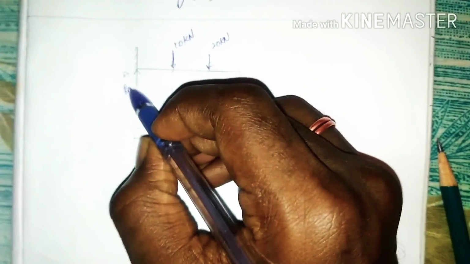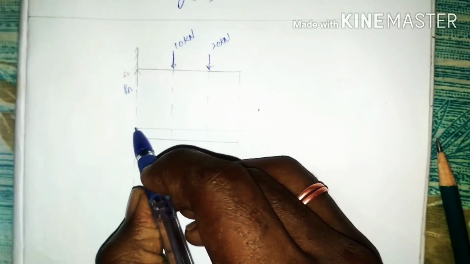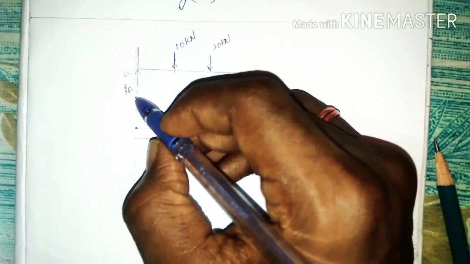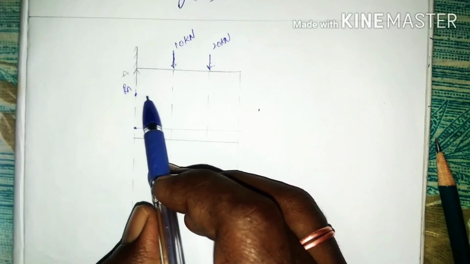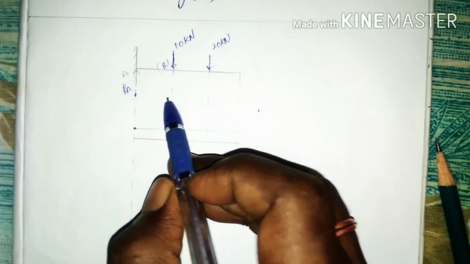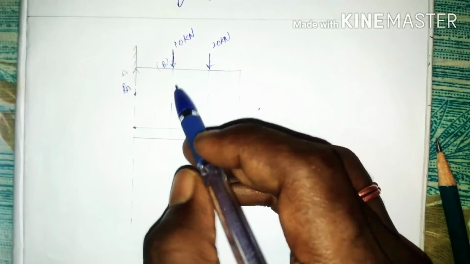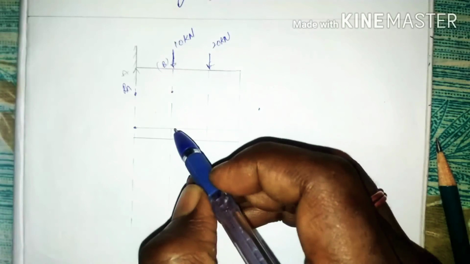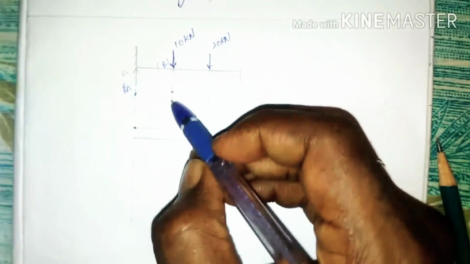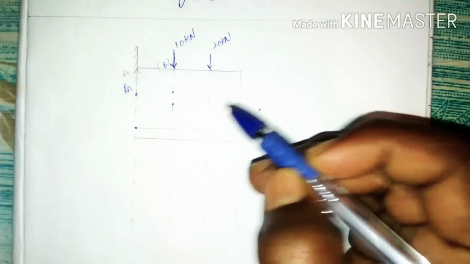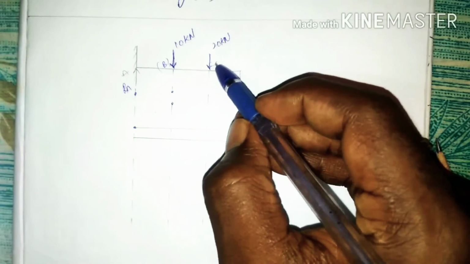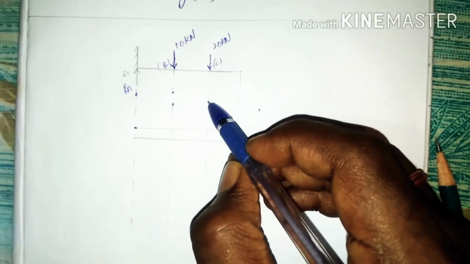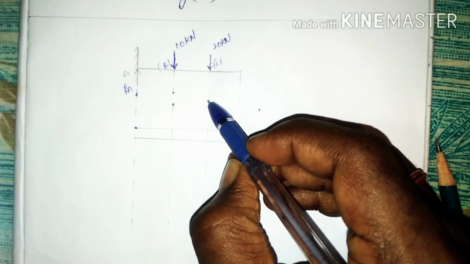Here we have RA. The value of RA is 30 kilonewtons. Here this is my 30 kilonewtons, and going on to B, here it is B. While going up to the left of B, we find the value is 30. After the right of B, we find the value is 20. And while going on to C, up to the left, we find the same value of 20 kilonewtons.